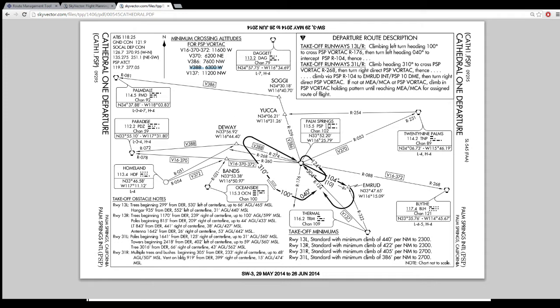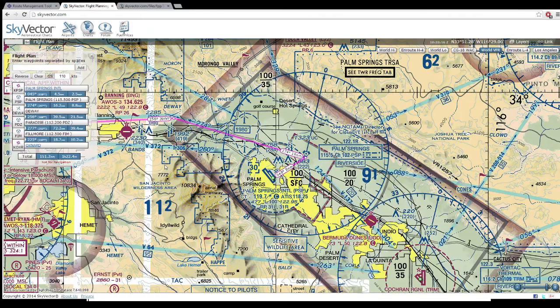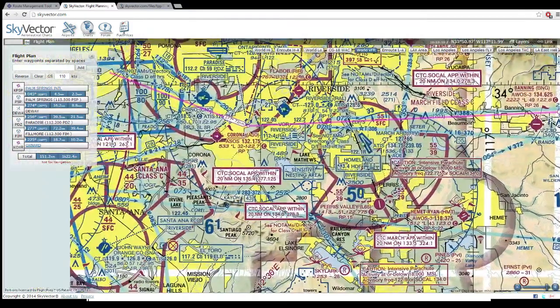So once we hit 6,300 feet, we can be vectored back around to intercept the radial 274, which is the Victor 388 airway to D-Way, and continue on our route. And that's what we'll be doing. As you'll see when I fly, we'll be maneuvering around, and then once I reach the minimum, I will turn back and intercept the radial 274 to D-Way. Then we continue on